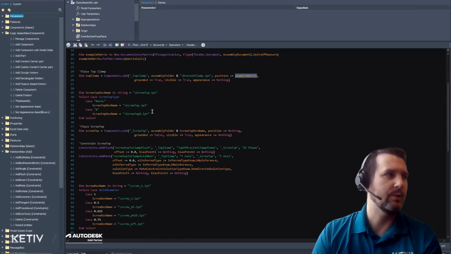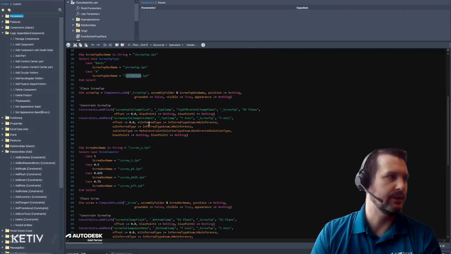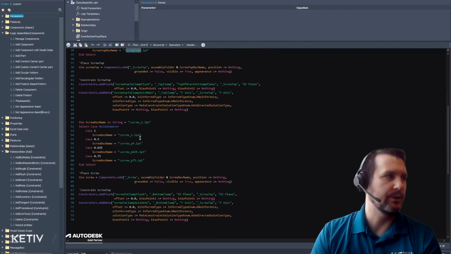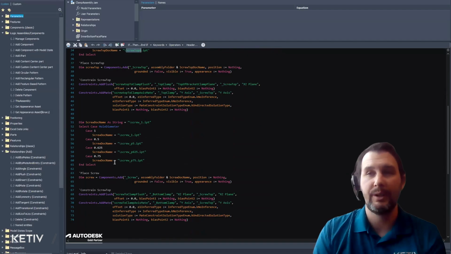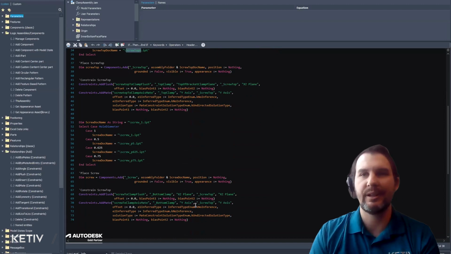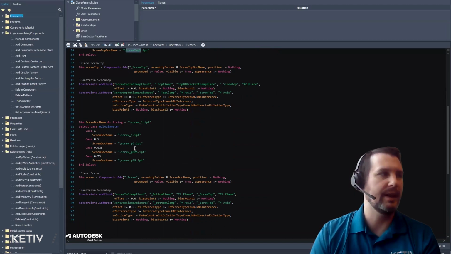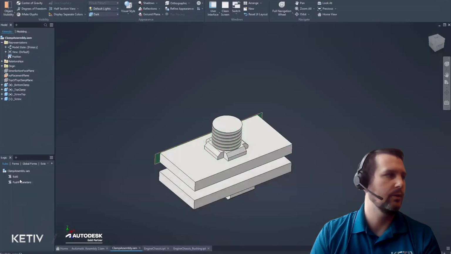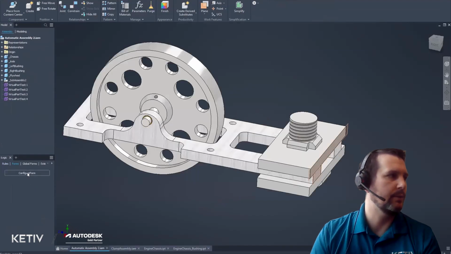Okay, and then you see kind of what we did with the flywheel here with the screw top, where we have the normal one or the X one, and different constraints, different things. And then we're doing the same thing with the screw, different sizes. Let's say you have your own library of hardware and screw sizes here. This is kind of an example to emulate that, where you'd swap out the different screws and place them that way. So now, when we come back here to the assembly and we pop up the form,